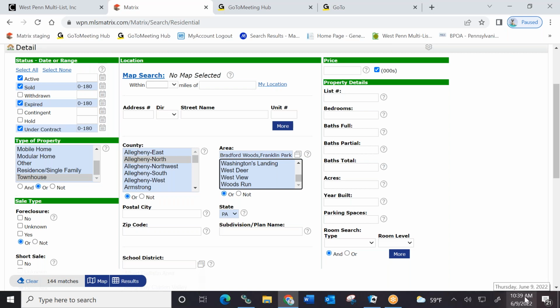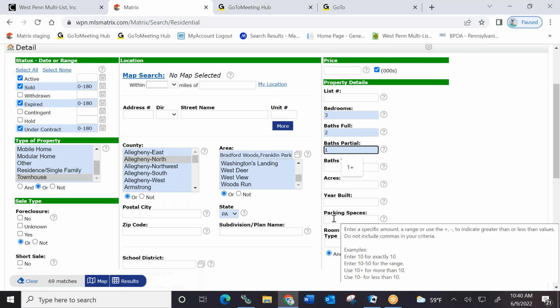Next thing you want to do, you do not want to add a price, but you do want to put in how many bedrooms and bathrooms are within your client's property. So if your client's property has 3 bathrooms, 3 bedrooms, or 2 bathrooms, 3 bedrooms, whatever they are, as I said, you want to try to compare as much as you can apples to apples. So if your client's property has 3 bedrooms, 2 full baths, and 1 partial, if they only have 2 baths and no partial, or whatever the case may be,